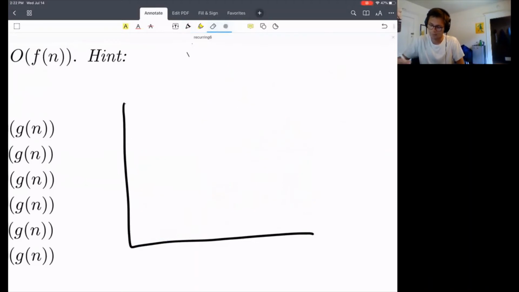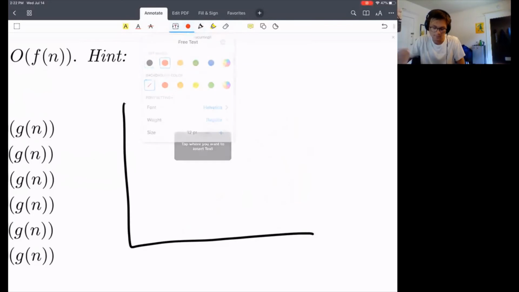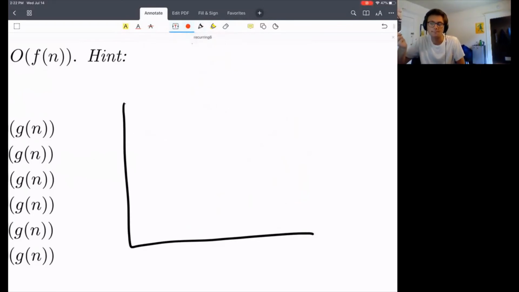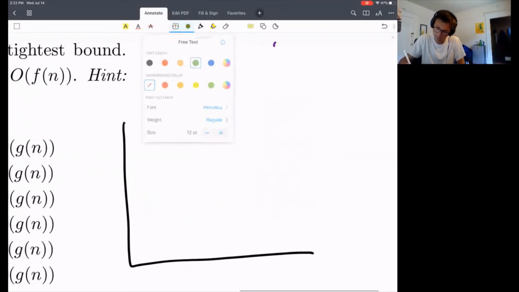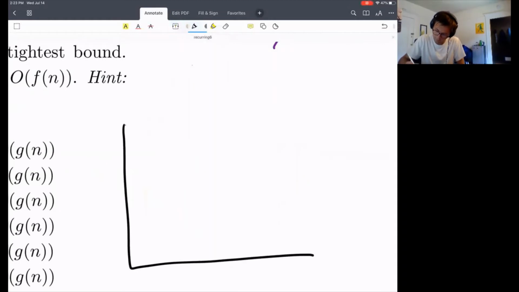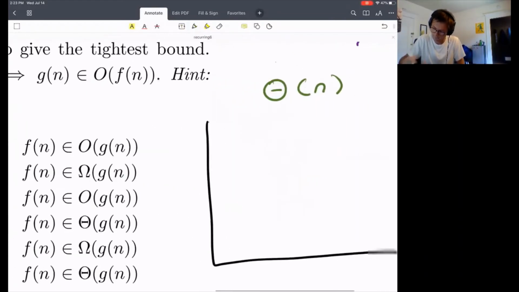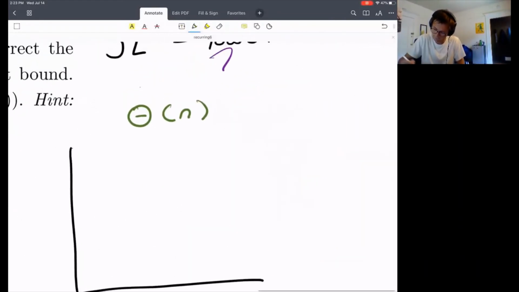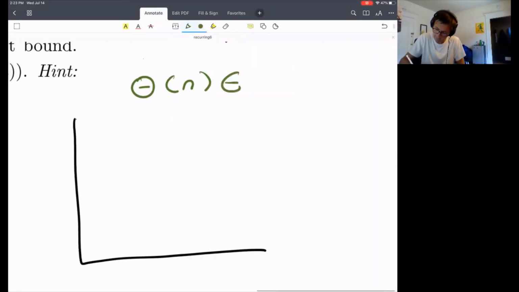So in other words, if we want to draw a theta bound in the same way that we were drawing the other bounds, we would draw it the same way. We just wouldn't draw any shading above or below. So here's a statement for you. Let's say that we have a green omega. Oh, okay. Oh, my color. Let's say we have omega of n, and we want to ask the question, is omega of n